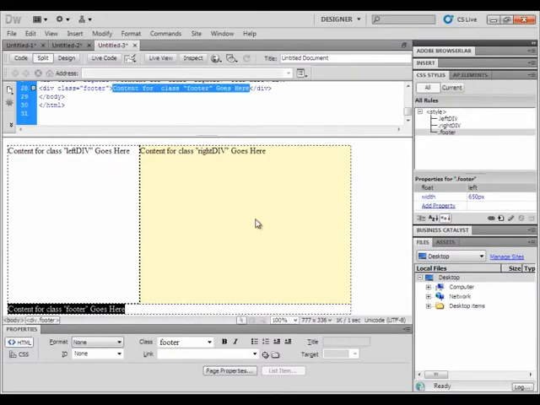Now we've got two problems that we need to solve. One is that we need to center the whole div layout. We're going to accomplish that by putting the whole div layout in one big wrapper div and centering that. The other problem that we need to solve is we need to designate the area that the div layout is